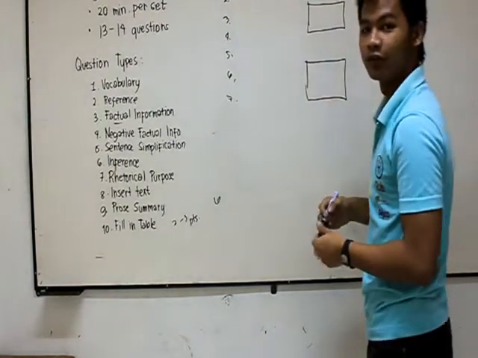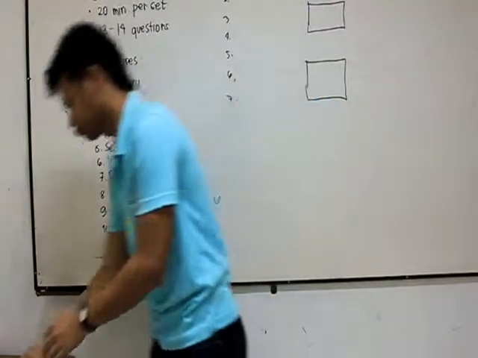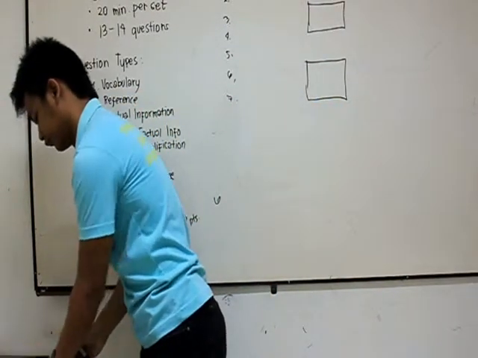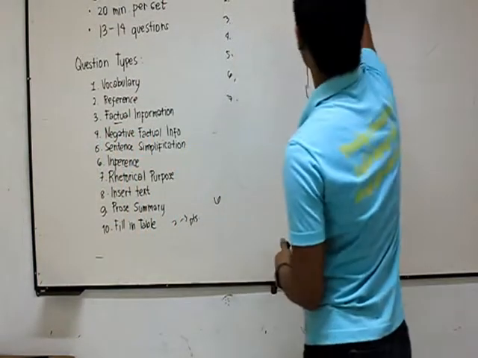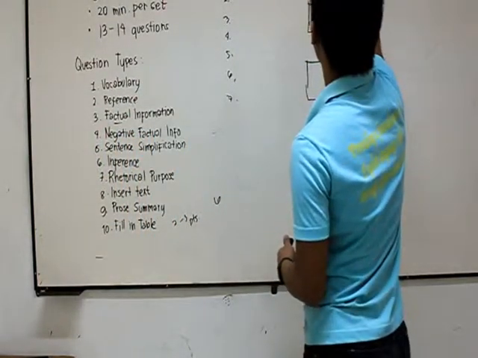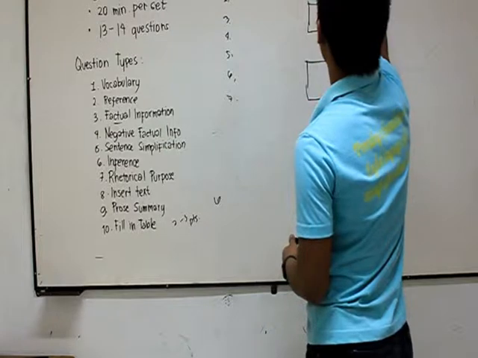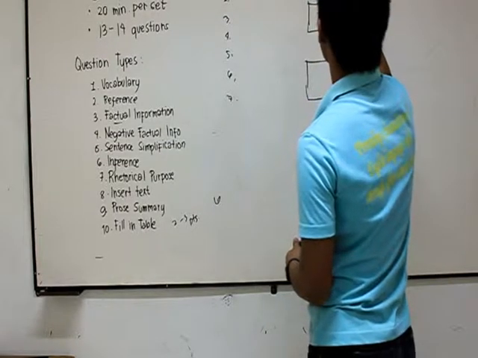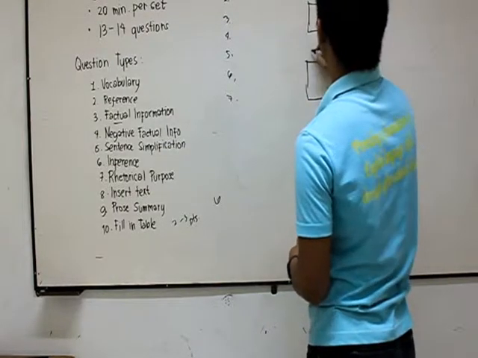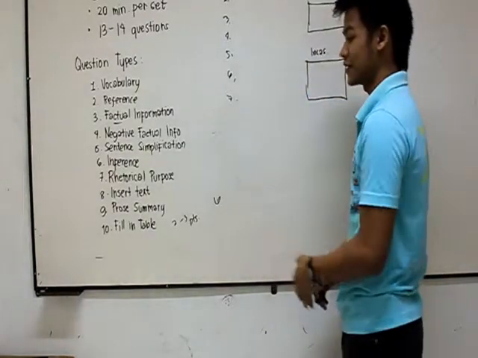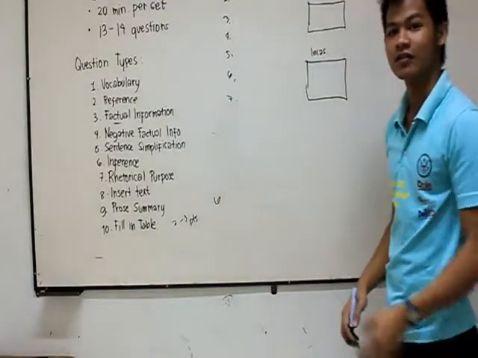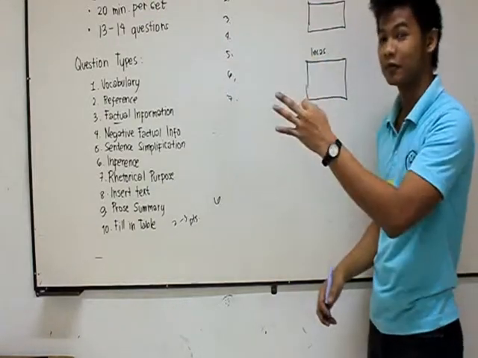I'll give you an example. Fill-in table question, for example, Egyptians, Sumerians, Incas. For example, the passage is talking about ancient civilization, and there are 3 examples: Egyptians, Sumerians, and Incas, and